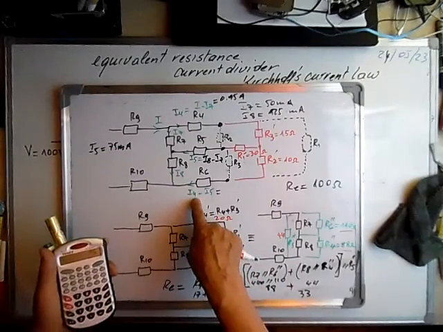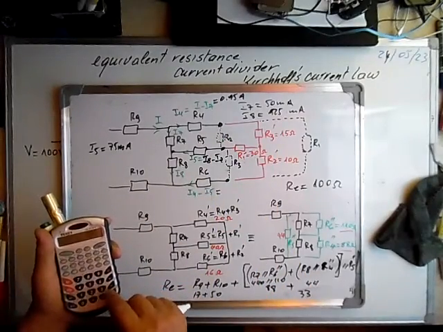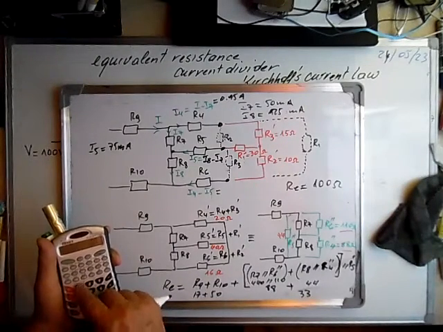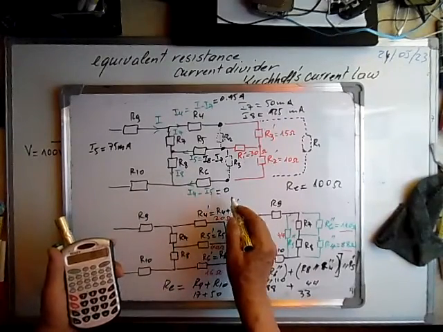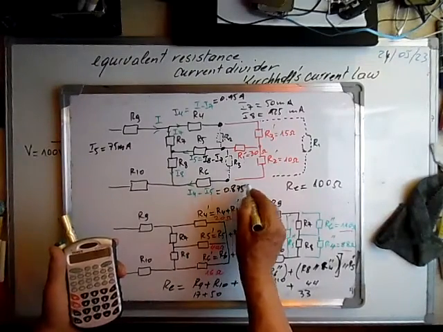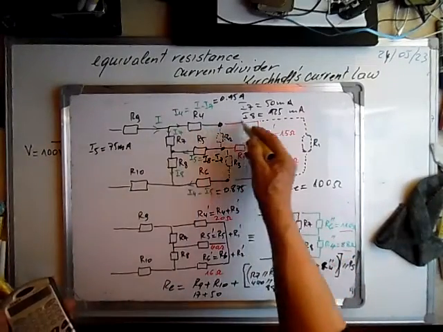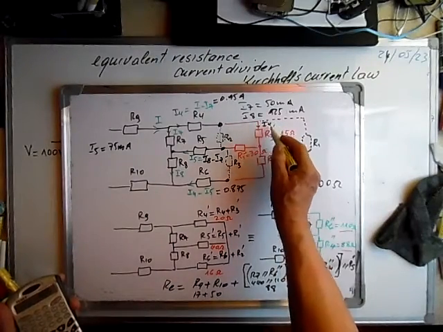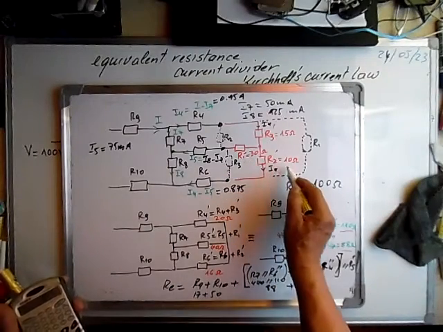Okay, we have calculated this. This current is I4 minus I5. It means 0.95 minus 0.075. This current I6, it's 0.875. Now we have to calculate the current that flows here. The current that flows here is I4, and the current that flows here is I4 minus I5,